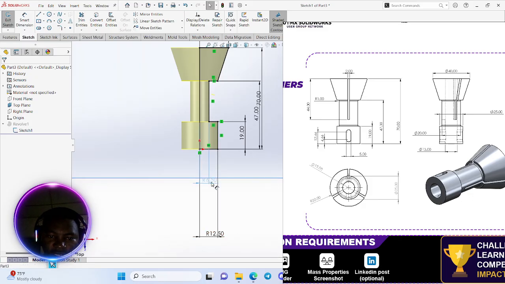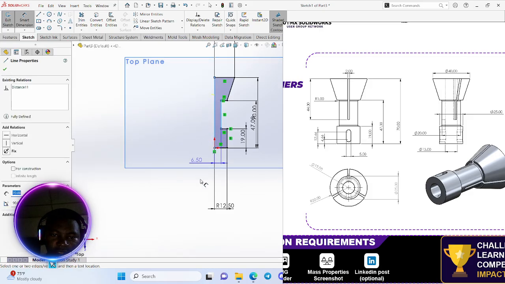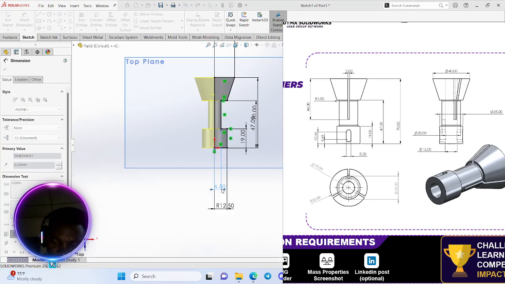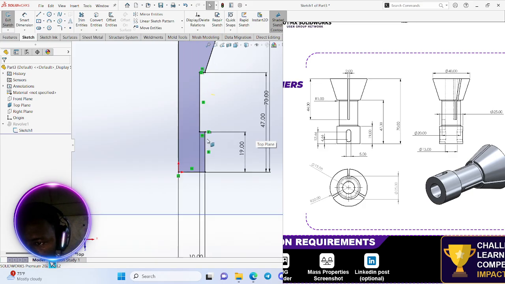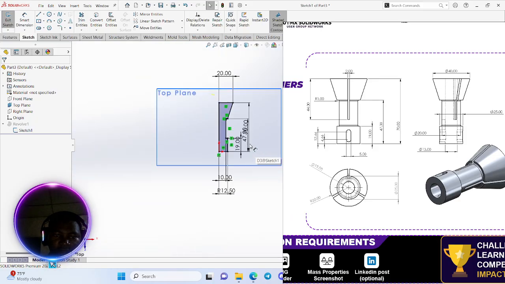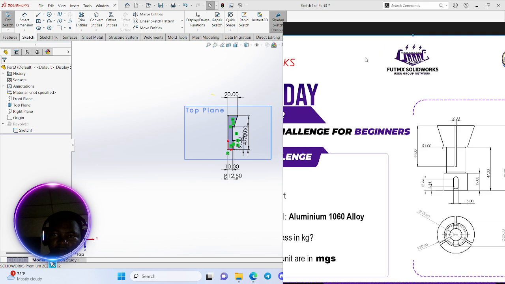So from here to here was supposed to be, sorry, you can see it from here to here is 20. So from here to here we made a particular mistake, it was supposed to be 10. That was the mistake we made. So when we go back,